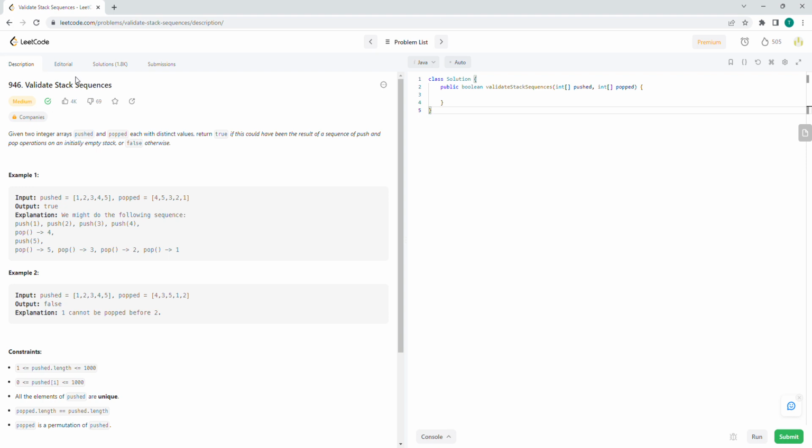Validate stack sequence. Given two integer arrays pushed and popped, each with distinct values, return true if this could have been a result of a sequence of push and pop operations on an initially empty stack, or false otherwise. Example 1, you have an input of pushed, given as this array of integers. You have an input of popped, given this array of integers. You want to know whether the resulting array could have been made due to a result of sequences of push